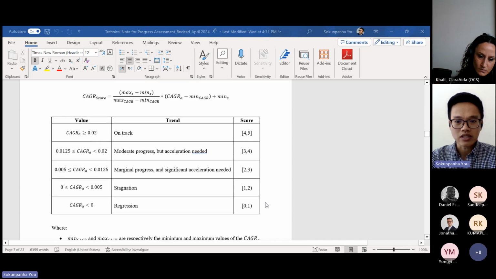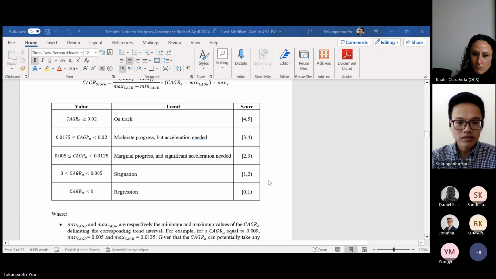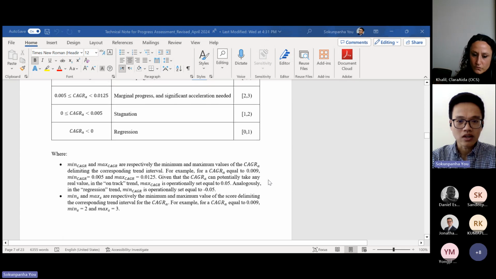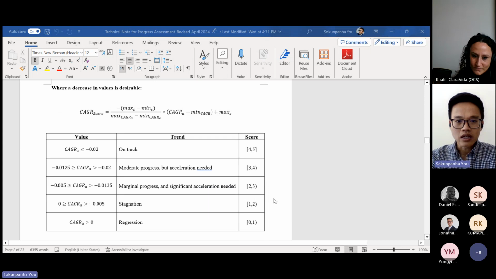The key difference is that this time we use the compound annual growth rate that is calculated, instead of the gap between what has been achieved and the 2030 value and the baseline value for those indicators that do have 2030 values. So the detailed explanation is in the note. I won't go through it.